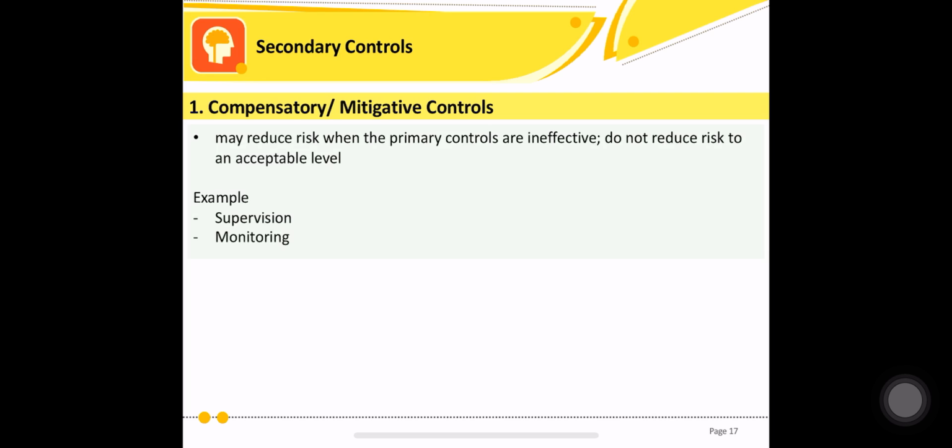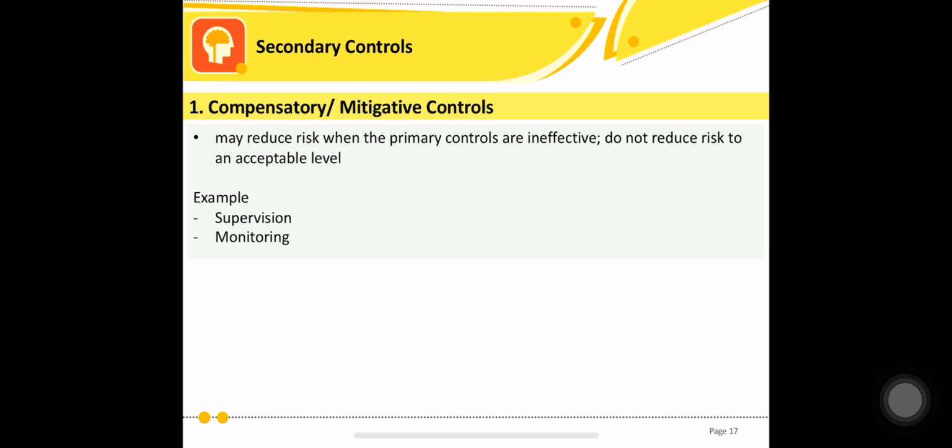So, si Bisor, nagra-random visit siya sa mga security guards. Since your security guards are your primary control, dapat may maglilibot, dapat may nag-oversee sa kanila. Tandaan nyo, even though marami kang guard, even the bank has guards, dalawang requirement kasi ng guard dapat sa bank, nakakalusot pa rin. Nagkakaroon pa rin ng bank robbery. Kaya dapat may supervision na randomly, dapat nagvi-visit si head of security sa mga branches, sa mga establishments.